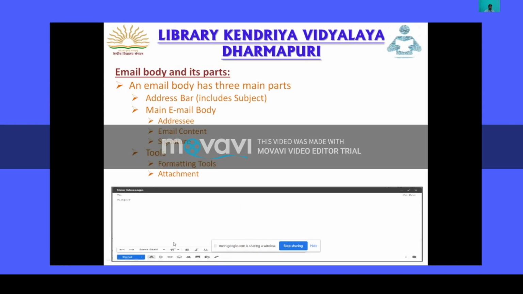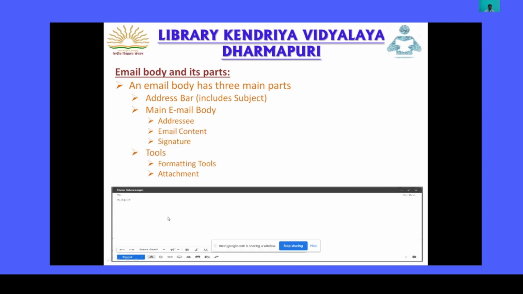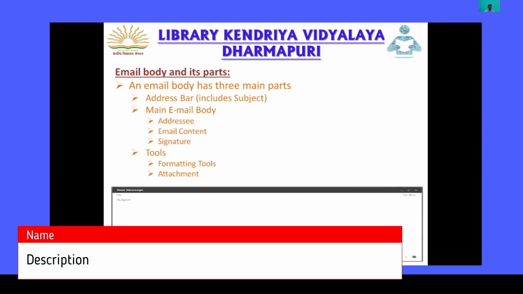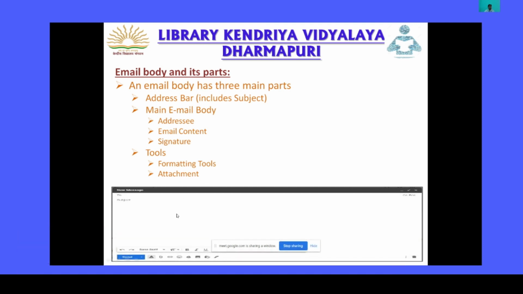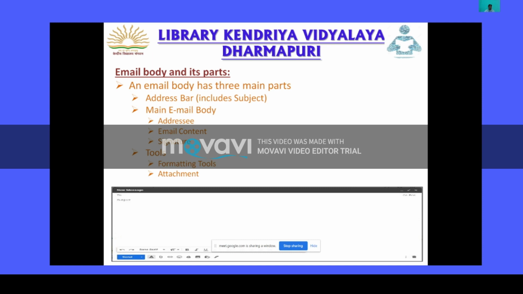Under tools you get formatting tools to format your email body, like you can change the font and color of the text, and attachments. You can attach photos, videos, any PDF file, Word file, Excel file, whatever you want to send to the recipient.